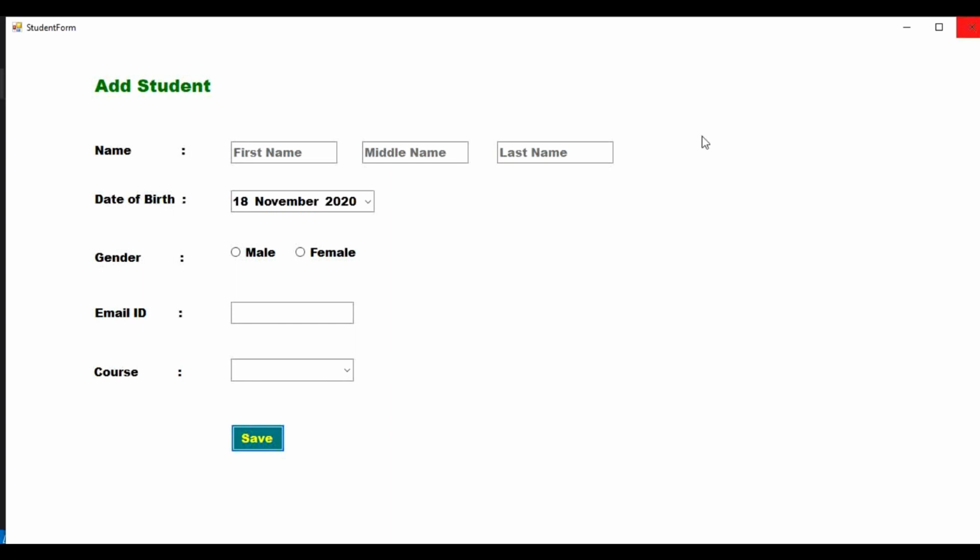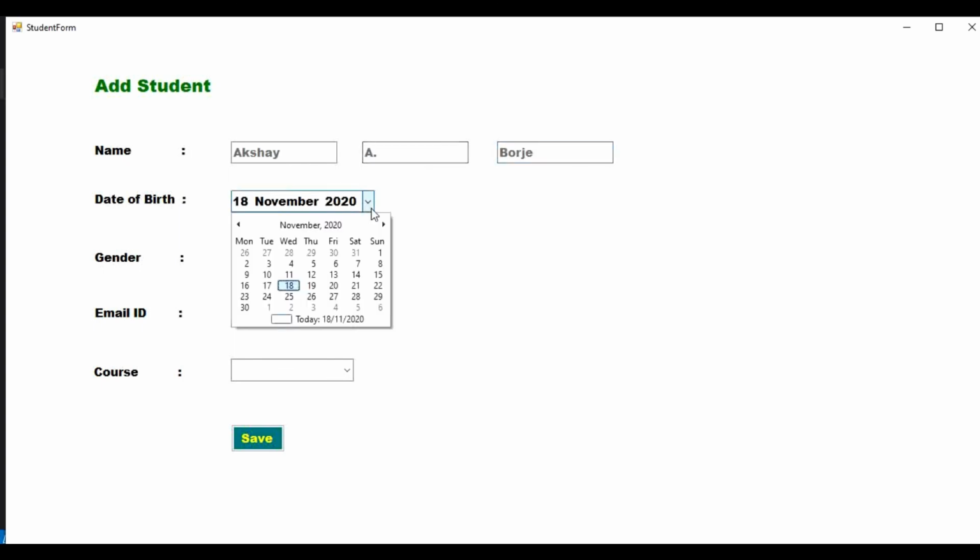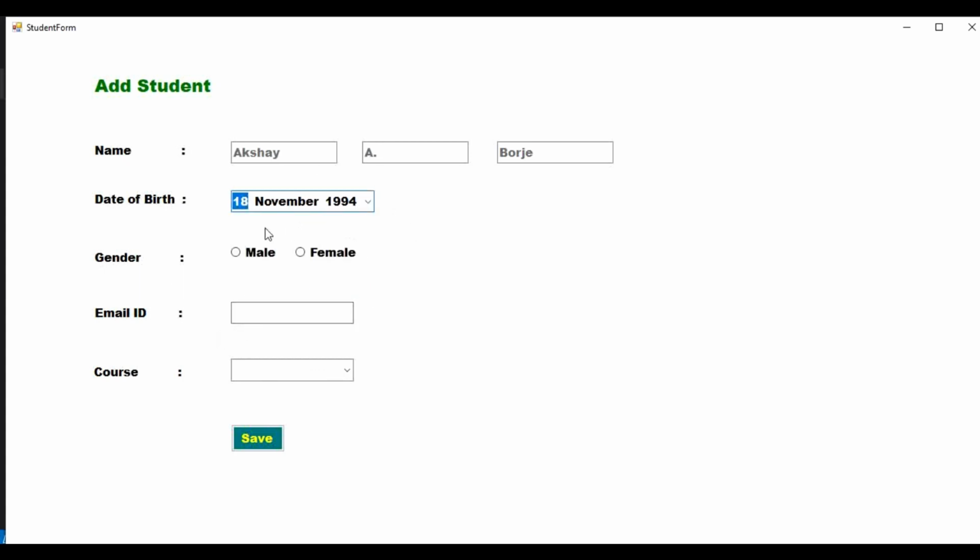In it I can fill in the details: the first name Akshay, then a middle name, then a last name, and I will choose my date of birth from here, 1994. This is not my correct date of birth, I just want to give an example.